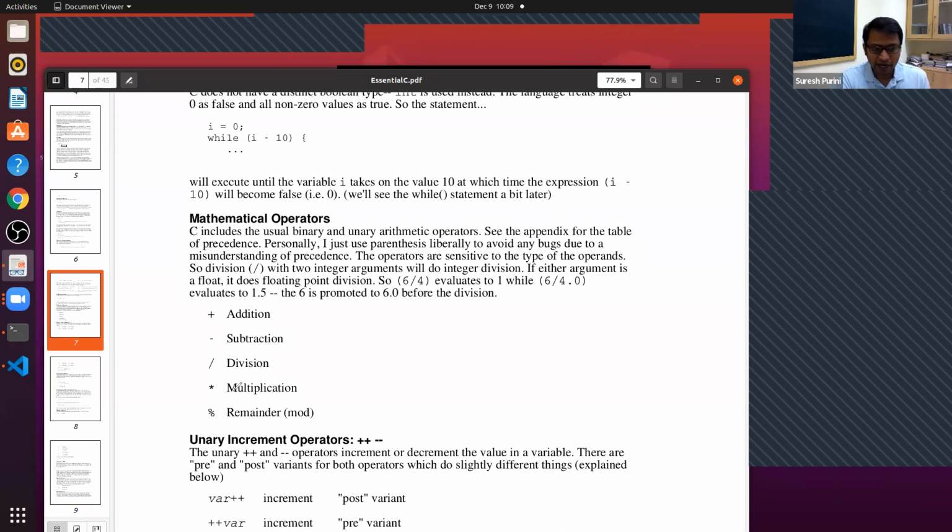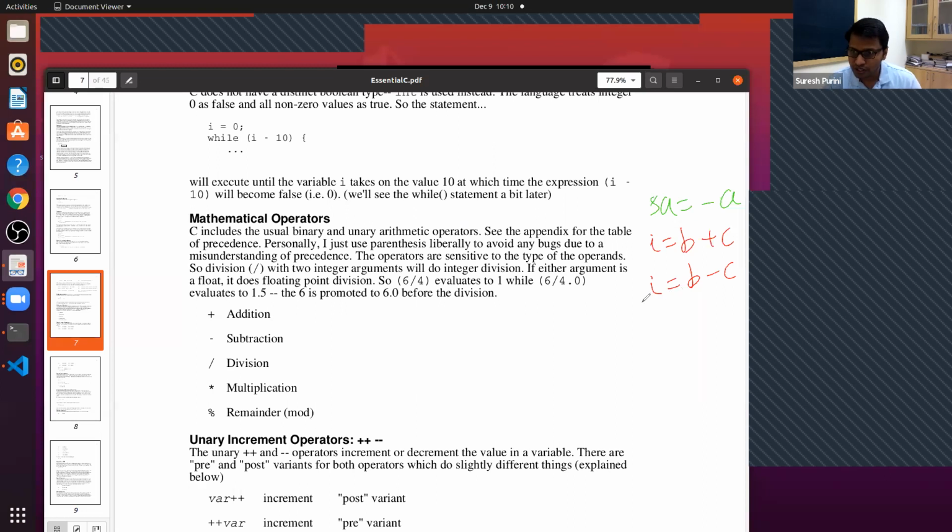So all these are binary operators because they require two operands, and minus doubles up as a unary operator because we can have something like, for example, in one of the lectures we wrote, A is equal to minus A. So here it is acting as a unary operator minus, but in some other place it could be something like A is equal to B plus C, or A is equal to B minus C. So minus acts as a binary operator. What is a binary operator? An operator which has two operands. Minus has two operands here, plus has two operands here.